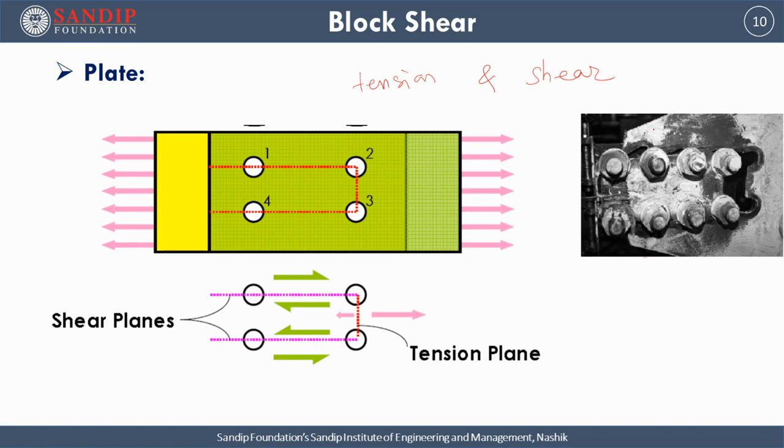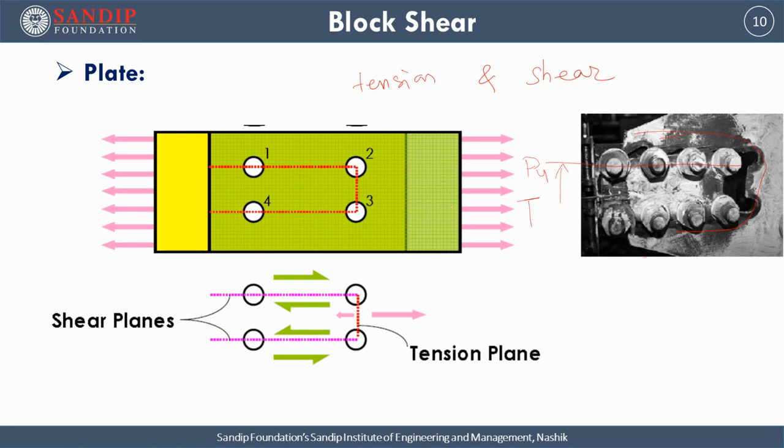In this total connection, you can see this is the gusset plate around, and this member is connected with the gusset plate. Due to the combined action of shear and tension, shear will always take place along the bolt line, in the direction of force, and tension will be predominant perpendicular to the bolt line, or perpendicular to the force direction. This is the direction of force. Here you can see this is the tension applied, and the ultimate load you can show here.